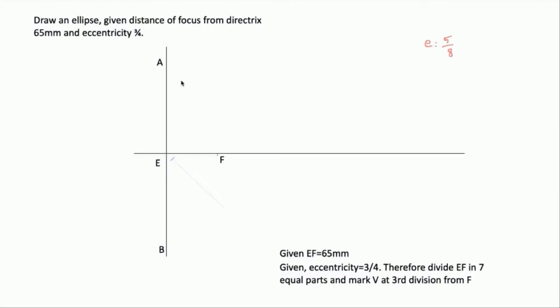So arbitrary length, I'm going to take it as 10 mm, and I'm going to cut from point E. From this point, I'm going to cut an arc with a radius of 10 mm. Then I'm going to go with another 10 mm, another 10 mm, another 10 mm. So I'm going to construct up to 7 parts. It is not 7 points, it is 7 parts. So one part is this length. So 1, 2, 3, 4, and we are going to have 7 parts.